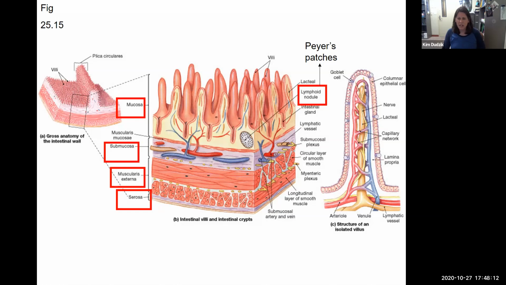So you see in each villus, there's a capillary, right? So now things can diffuse or move across the simple columnar cells into the capillary. And then there's also a lacteal. Remember, that is a structure branching off from a lymphatic vessel, and that is important in absorbing